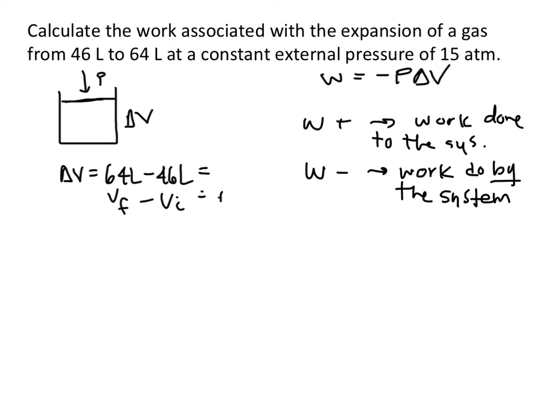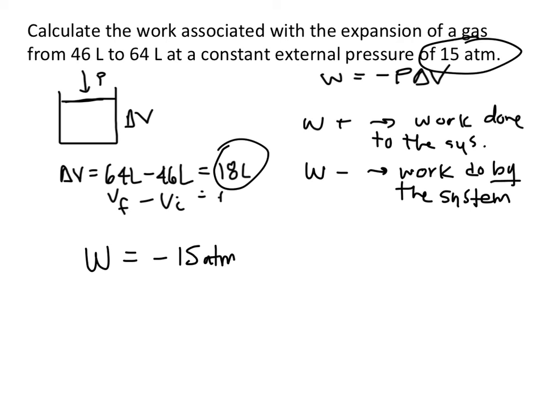So 64 minus 46 is going to give us 18 liters. Okay, so these 18 liters is our change in volume. Notice the sign is positive. We are then going to plug this 18 liters into our work equation. So W equals negative P, in this case P is 15 atm, times our delta V, which is 18 liters. Okay, so our work is going to be negative 270